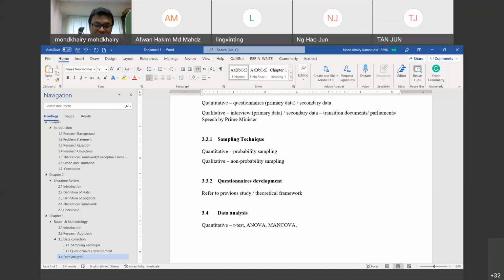We have CB-SEM. We have PLS-SEM. We have multivariate analysis. Okay, regression. Multivariate regression. We also have